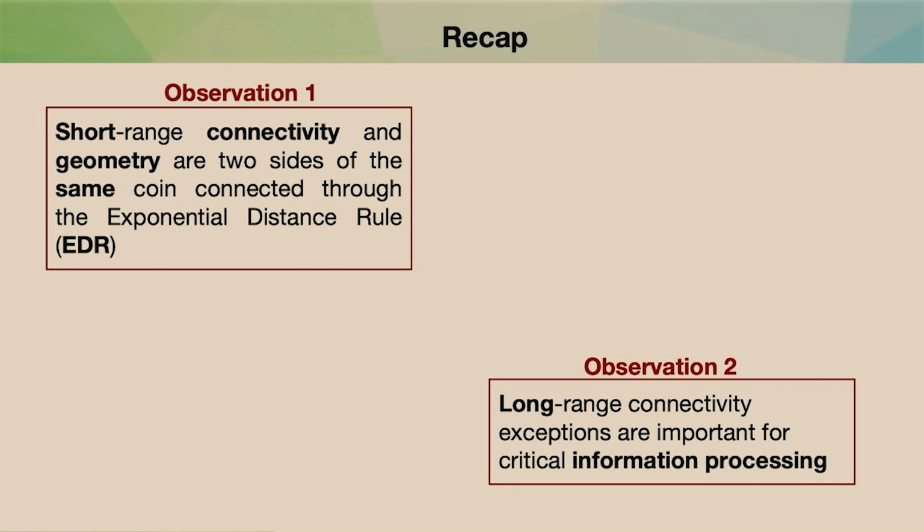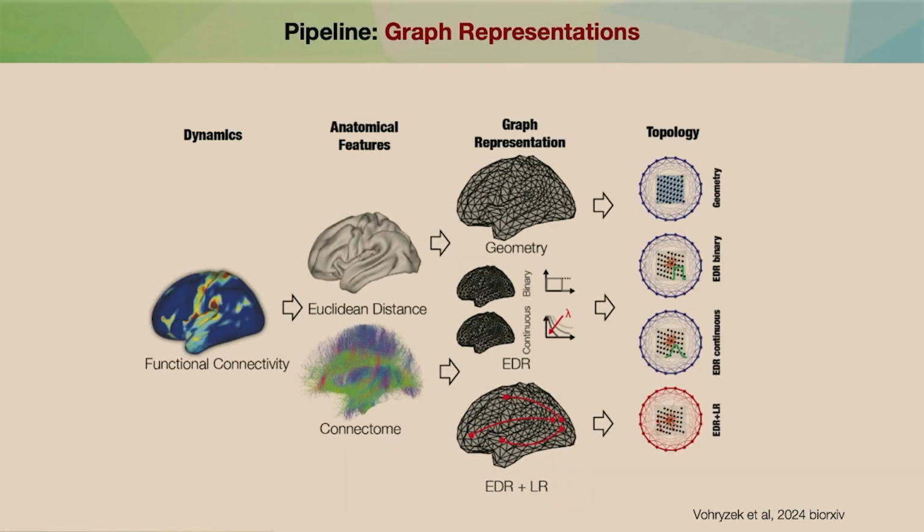And maybe what really matters is this long-range connectivity, which is important for critical information processing of the brain. And so we tested this, in a similar way to Pang et al., the work on geometrical modes, by using the spontaneous fMRI activity and task-evoked activity, and by using the Euclidean distance and the white matter tracts, we derive the traditional geometrical representation, two different representations of this EDR rule, but I will just talk to them